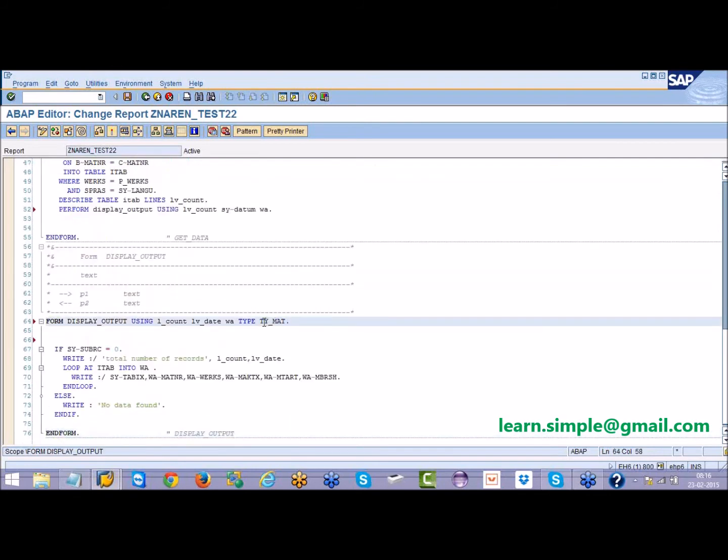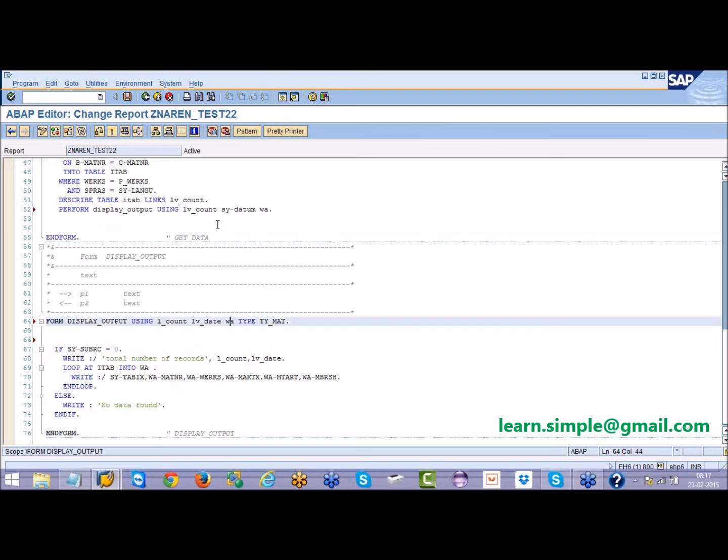Otherwise, sometimes the system will assume this is a variable. But actually this is not a variable, this is a work area. It has a set of fields. How does the system come to know it has a set of fields? If you give the reference. When you say it like this, then the system knows, okay, this is a work area, and whatever content you have provided here will come and be stored here.